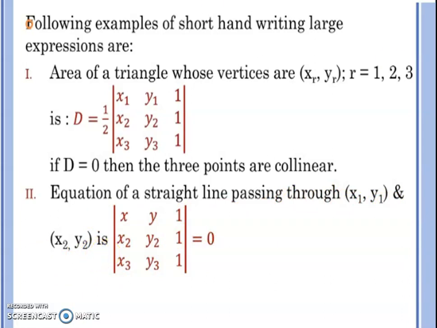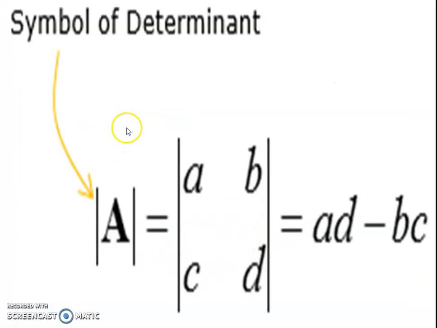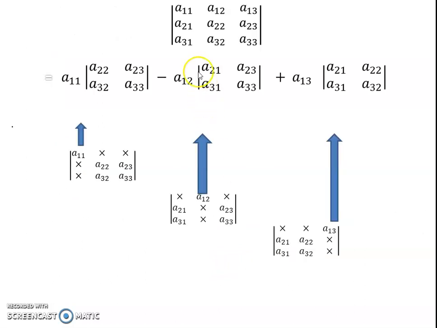The equation of the line has the variables x, y. That's why we have to put x, y in the first row, then x2, y2 and x3, y3 and 1 1 1. We derive the final answer by evaluating the 3 by 3 determinant. In this chapter, we study the 2 by 2 order determinant value, AD minus BC. A very important topic we discuss many times is evaluating a 3 by 3 order determinant.